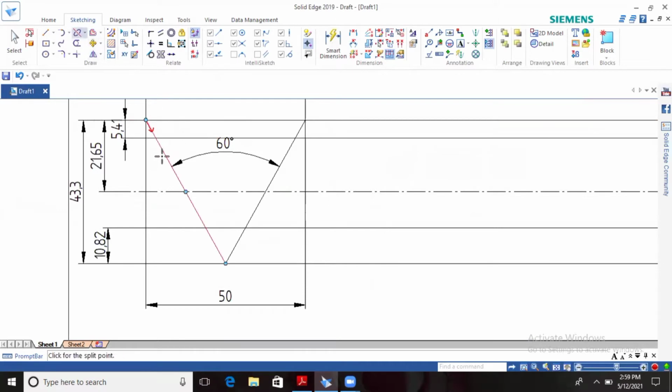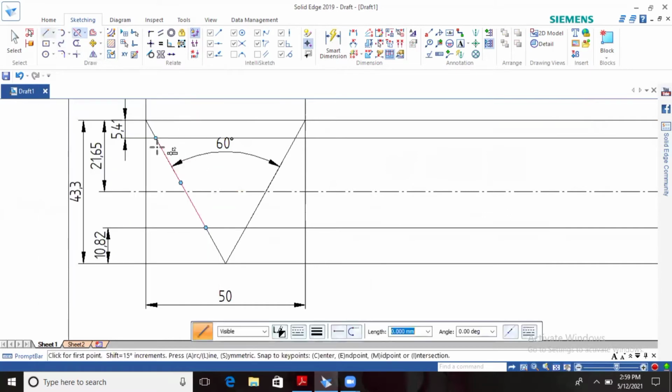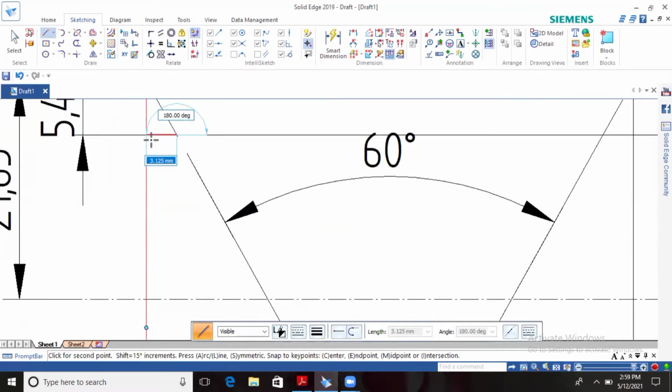Next use the split command, split the line at the crest line and the root line, that is the second line and the third line, sorry, the fourth line. Split this carefully and take the line command. Zoom in and extend up to the end of this line.